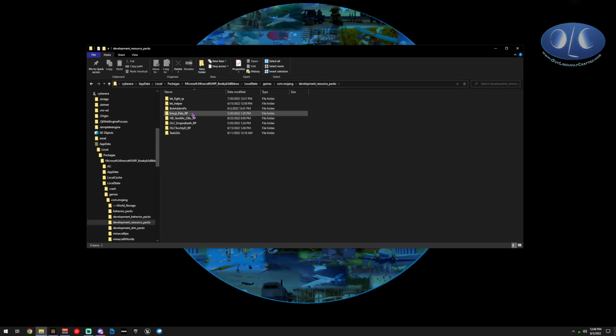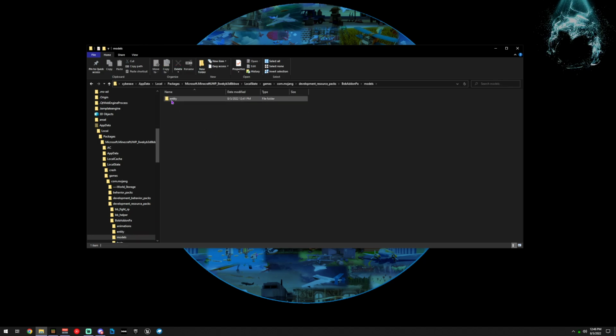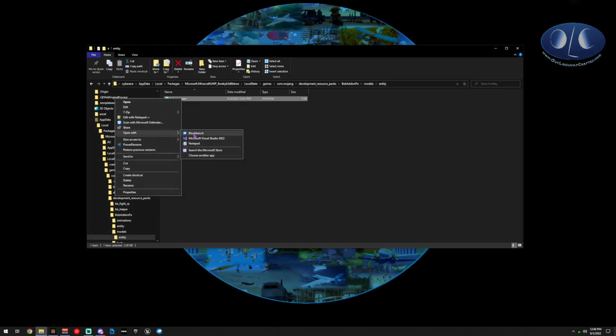And now when we come in here and we open up our Bob add-on, we can go into models, into entity, and we can right here see this is our model. And we have two options. I have a guide to show how to do open with and add Blockbench here, so you can set it as your default and you can watch that guide.